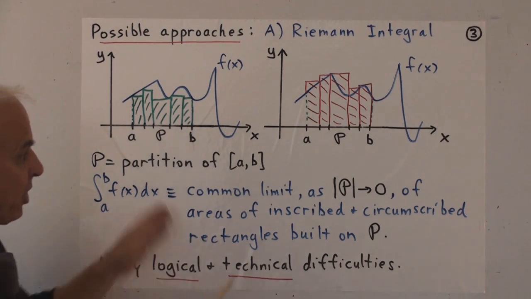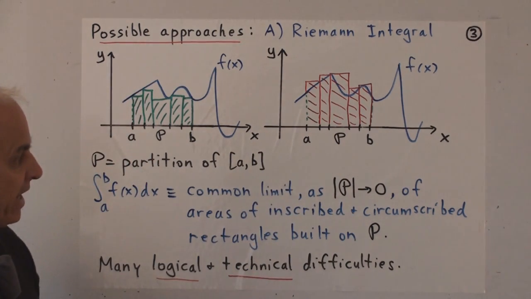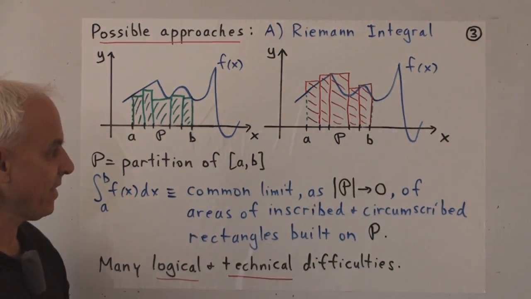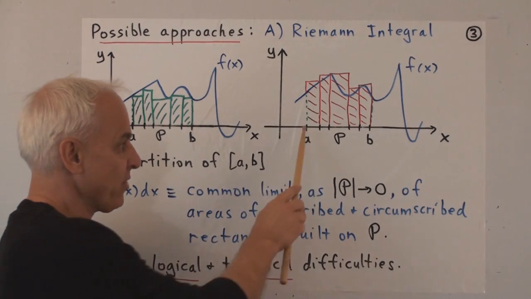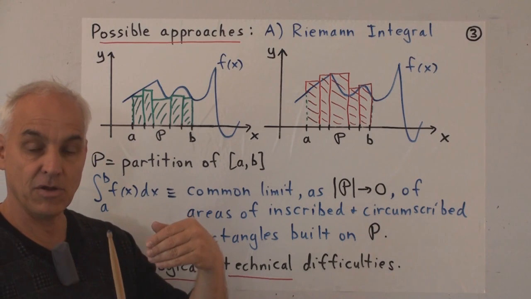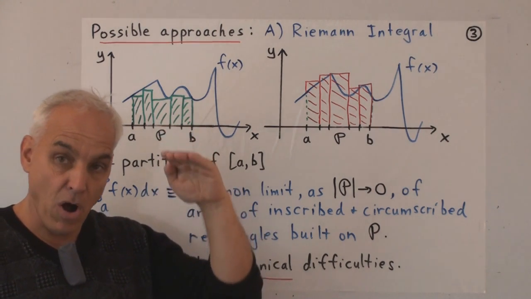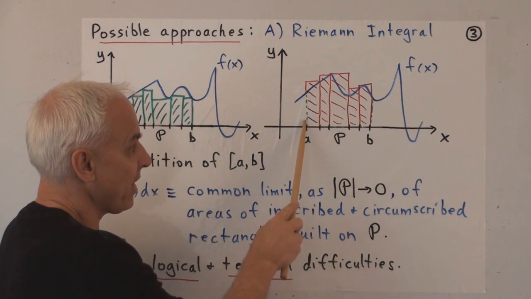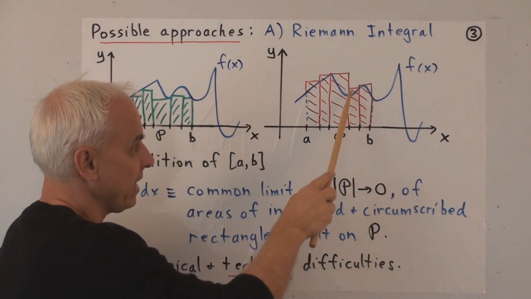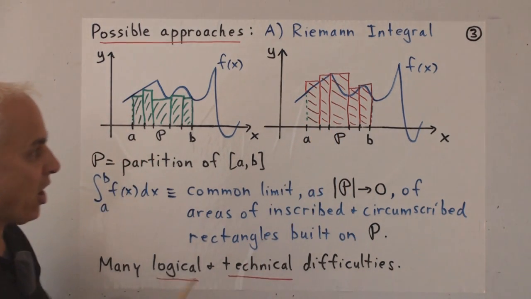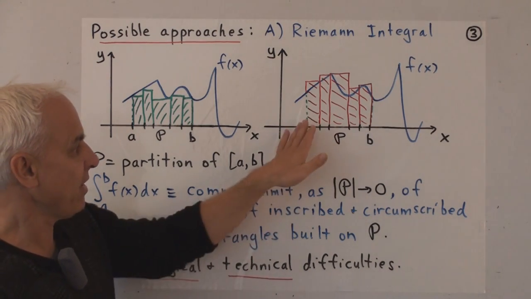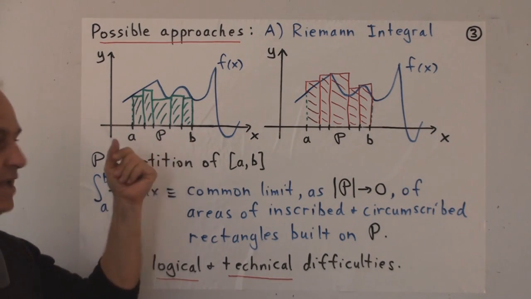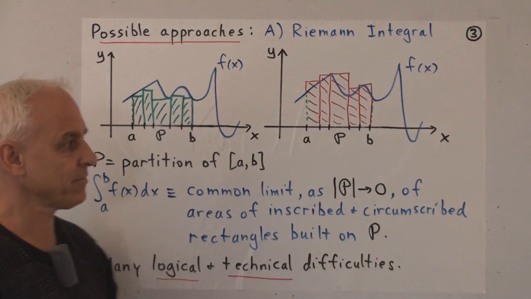To complement that, we also look at another construction of rectangles using the same partition P. Here's supposed to be the same function f of x. And now over every little subinterval we create a rectangle which is totally above the function. So the smallest rectangle that's totally above the function over that interval. So that rectangle there, that red one, then that one there, and so on. So these rectangles are encasing or enclosing the region, while these ones are sort of inside, inscribed rectangles, and maybe circumscribed rectangles.